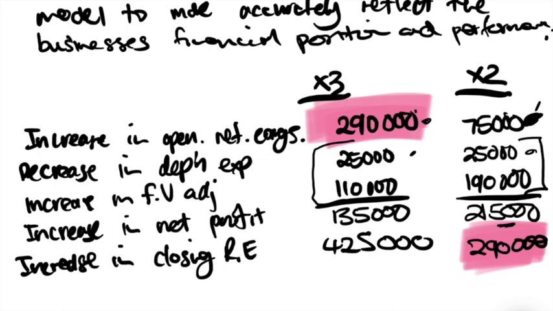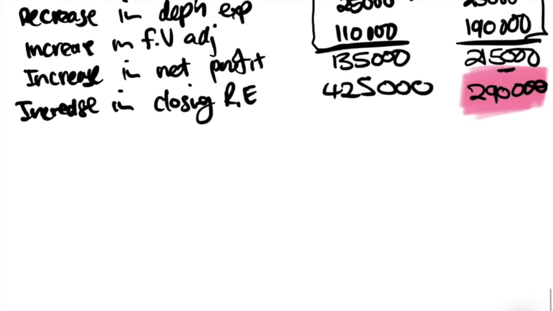Now, that's the one aspect. So that's looking at the statement of comprehensive income and statement of changes in equity. But we've also got to look at the financial position, because we've covered financial performance. Let's look at financial position. In terms of the financial position, what has happened? When we're looking at the investment property, remember I said that there's a sort of a reclassification from having it as this property cost account to an investment property, which is now under the fair value model.